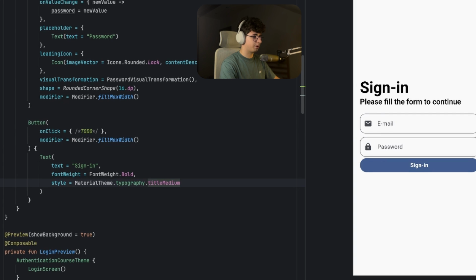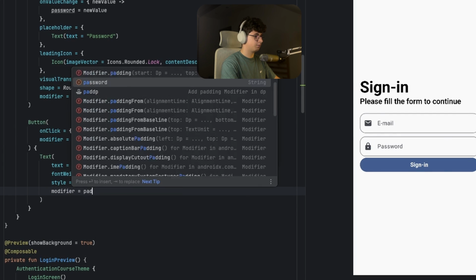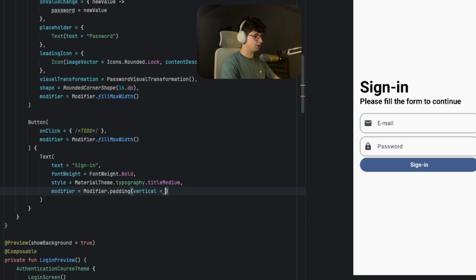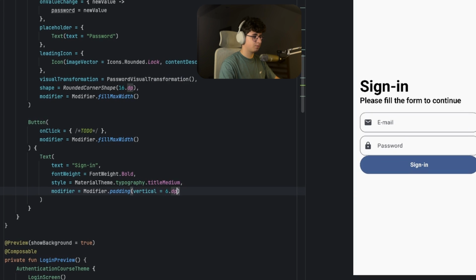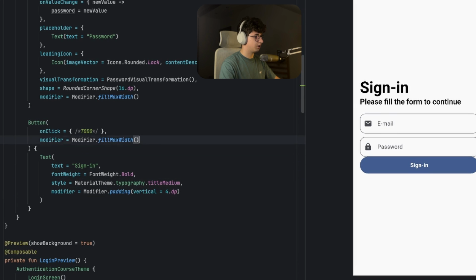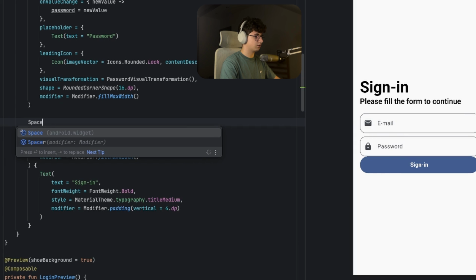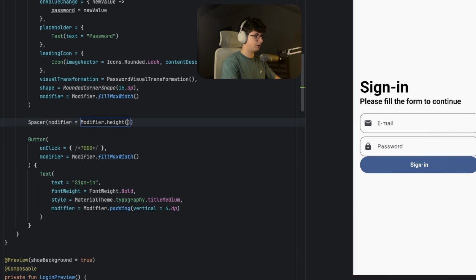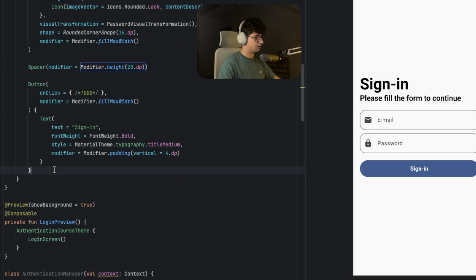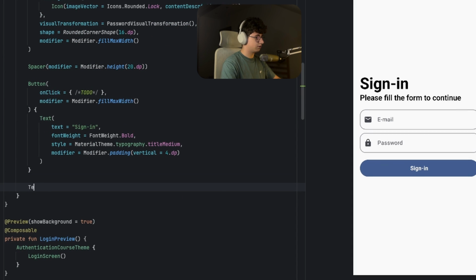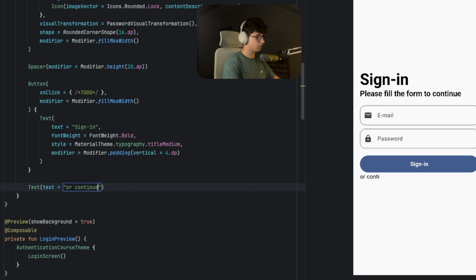Now let's add some padding inside. So modifier padding vertical 60dp. I think it's too much. 4dp is okay. And let's add spacing between the text fields. So height 20dp. And now let's add a text that says or continue with,